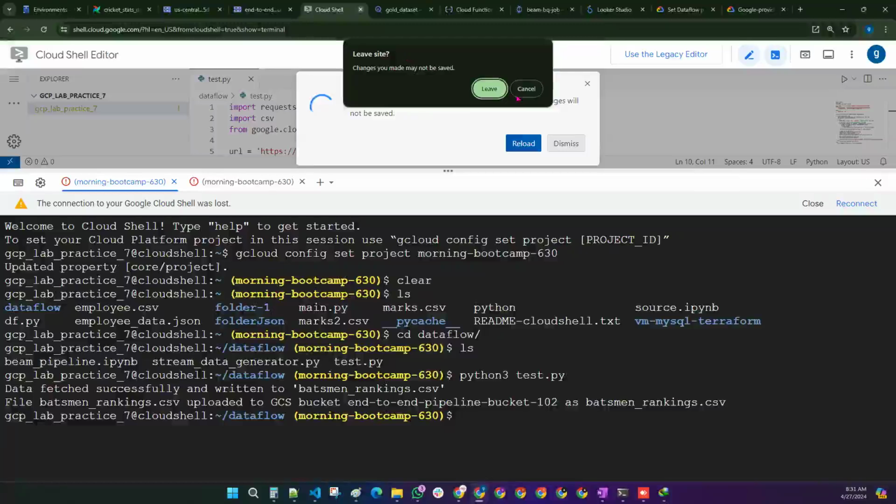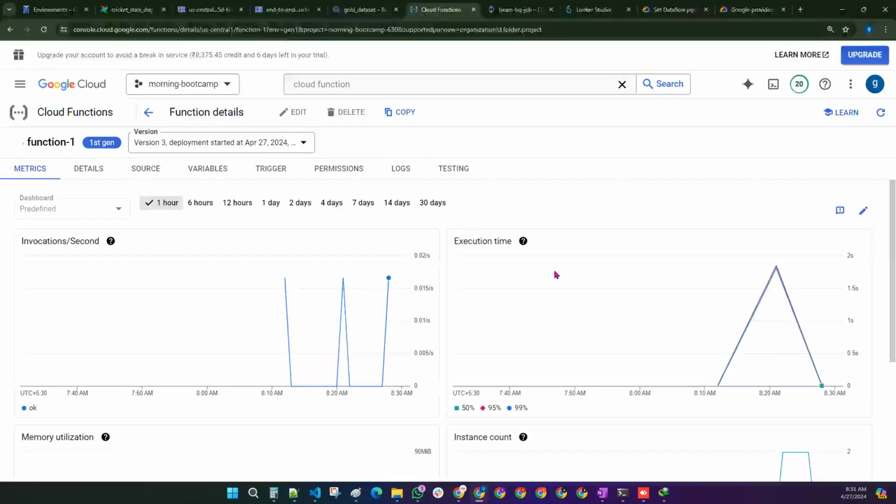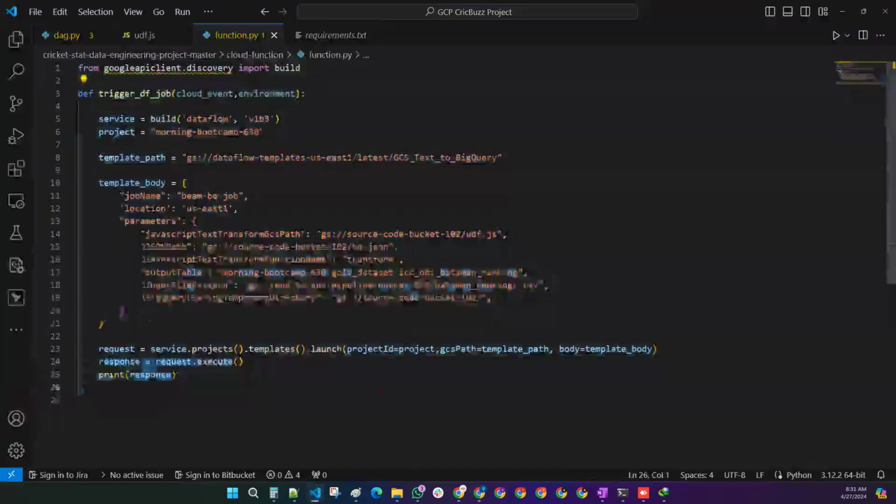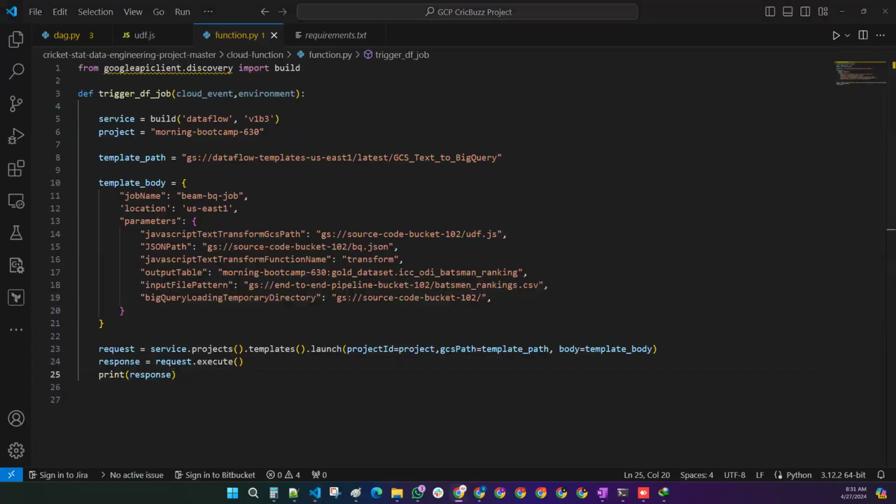So let me close this one. We don't need it, the cloud function. Let us wait for some time. And if this time it is not working, then the final time I'm going to check it, add it here. That's the only option, because this is a template body. The template body is different, and project ID comma location is something different. I think I should have added it here. Okay, but let us try to check it out. Okay, so this is how it is. Any other questions, anyone? Meanwhile,